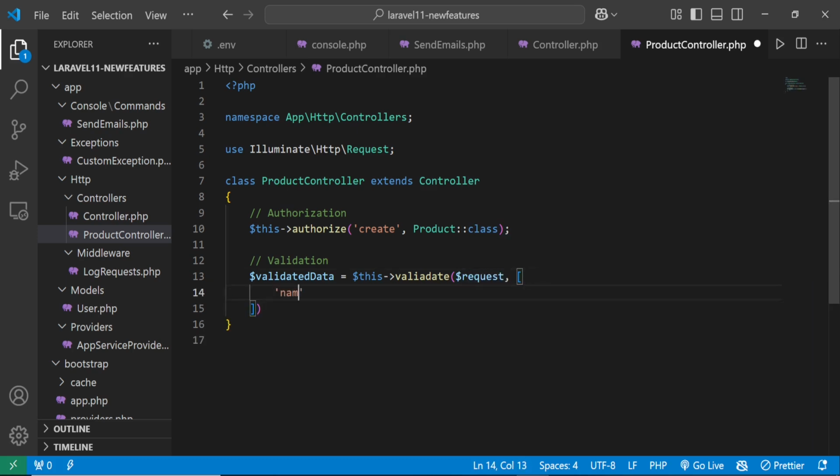So for example, we have name, and then maybe we have certain requirements. For example, the name is required and it should be a string, and then the max character should be 255